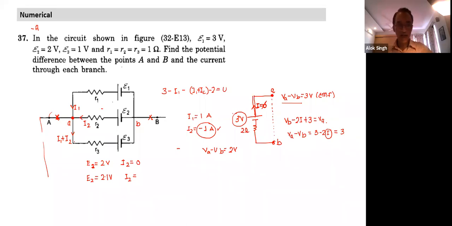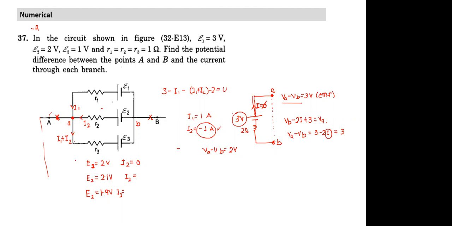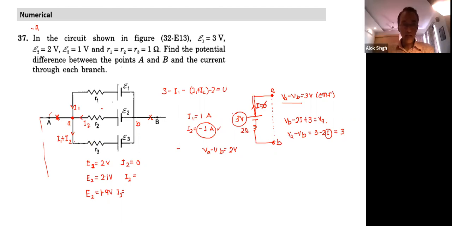And the third case I'll take is when E2 is equal to a little less than 2 volts. Can you guess the direction of I2? It's not essential, but it's good if you can understand which direction the current will flow when the voltage is slightly more and slightly less than the potential difference here. Nitya, can you guess this one? I think it will be away from E2, sir. So in the first case, I2 will be in this direction. In the second case, I2 will be in this direction.